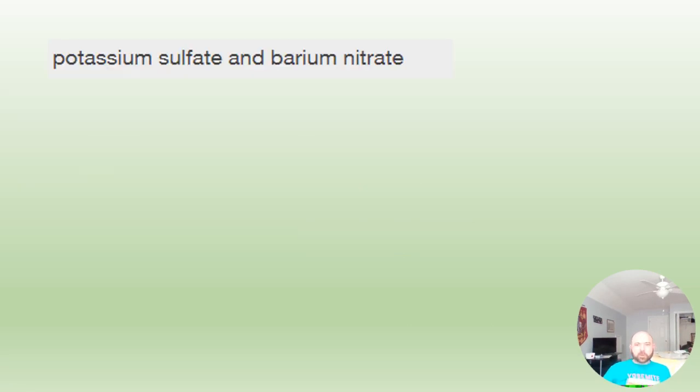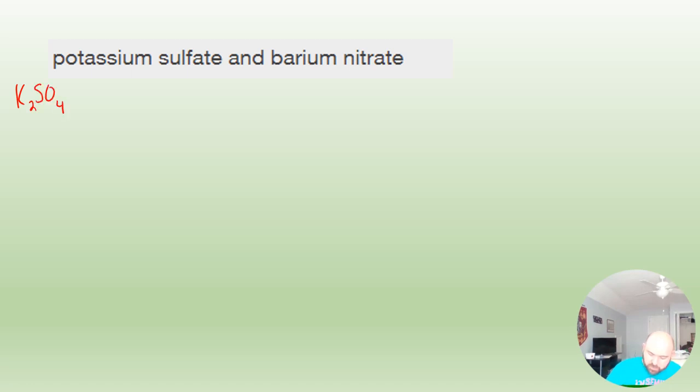So on this slide, I'm going to give you an example of how to determine a net ionic equation. We see determine the net ionic equation between potassium sulfate and barium nitrate. The first thing you need to do is write out your typical molecular chemical formula using the nomenclature rules that we've learned a few weeks ago. So potassium sulfate, if you look at a polyatomic ion chart and a periodic table, you can come up with the formula for potassium sulfate as